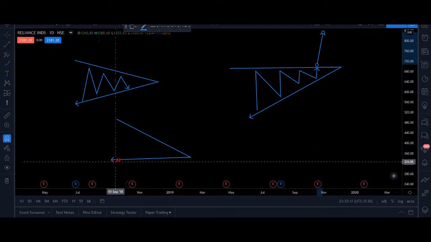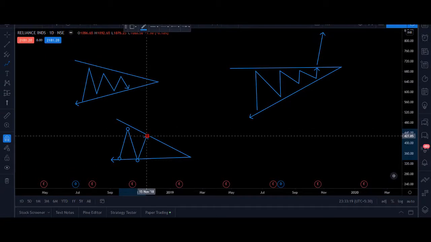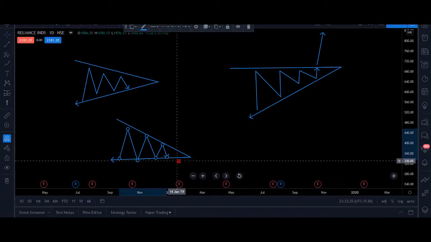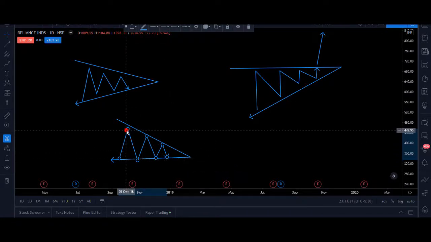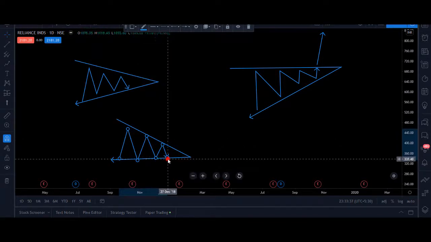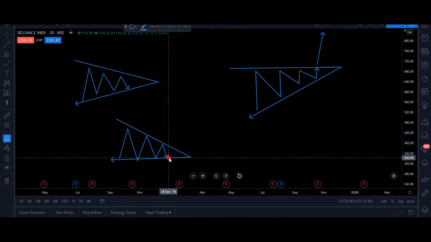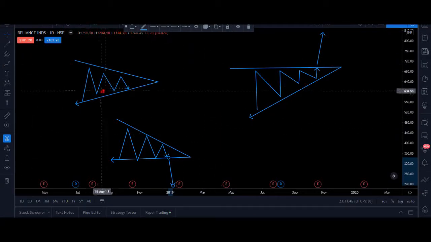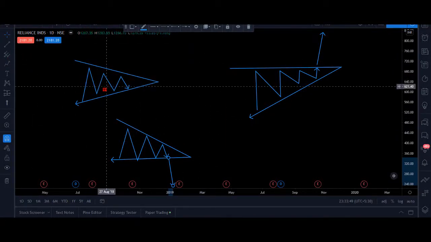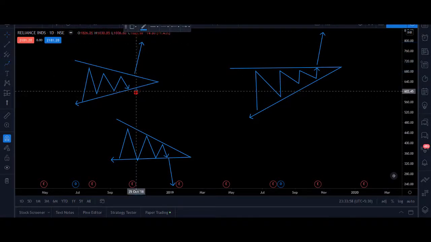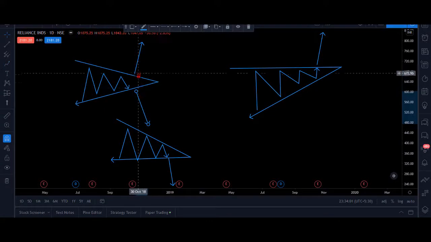When it comes to the descending triangle, the price always moves downwards. Here the sellers are getting aggressive and trying to break the willpower of the buyers, so they are creating lower highs. As the price comes down, the sellers push the price more, and it keeps hitting the support consistently. At some point it will break the support and create a massive downtrend. This is what happens in the descending triangle. Next, inside the symmetrical triangle, the price will be cycling between support and resistance, and somewhere it will break out at the resistance or the support, but we never know which way it's going to go. But the breakout can happen only one time.